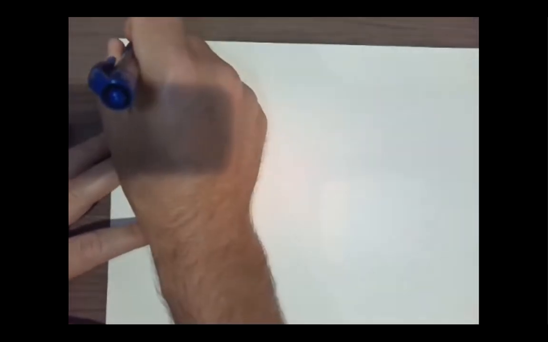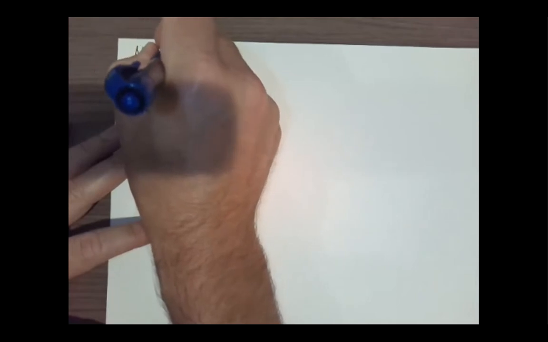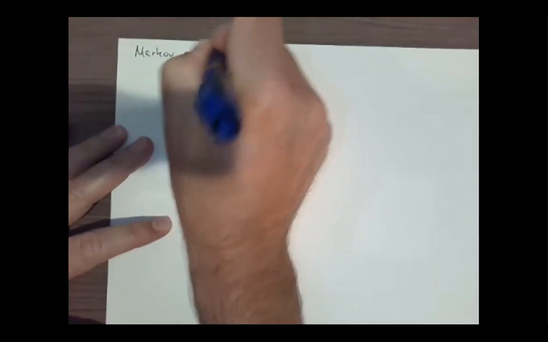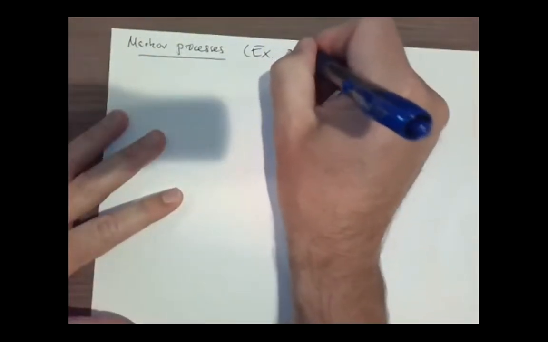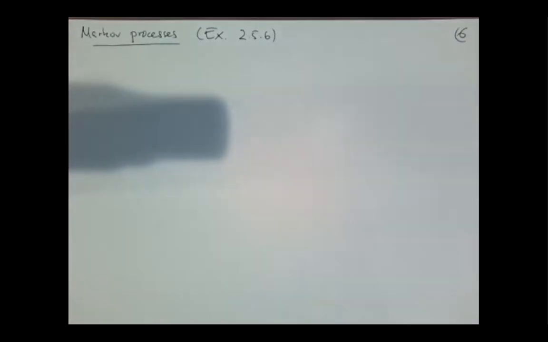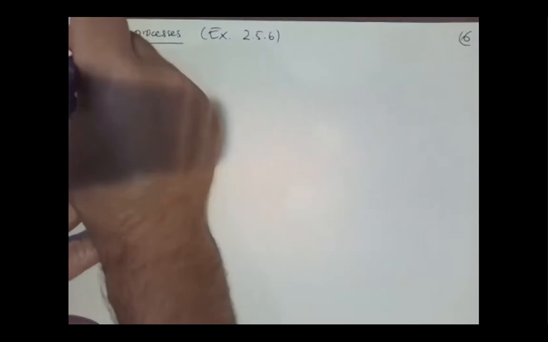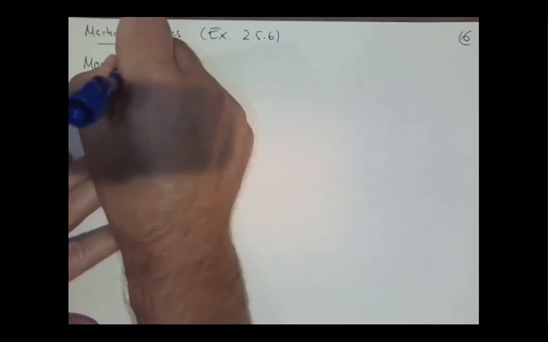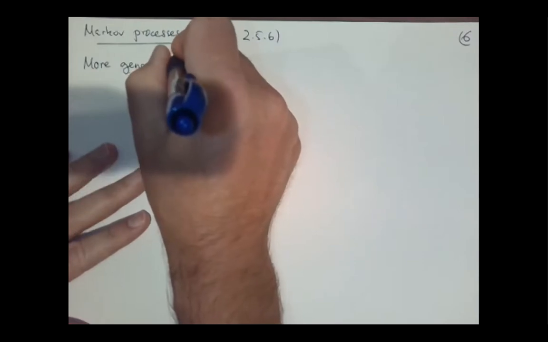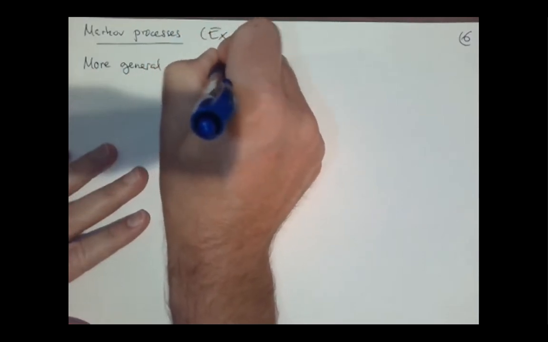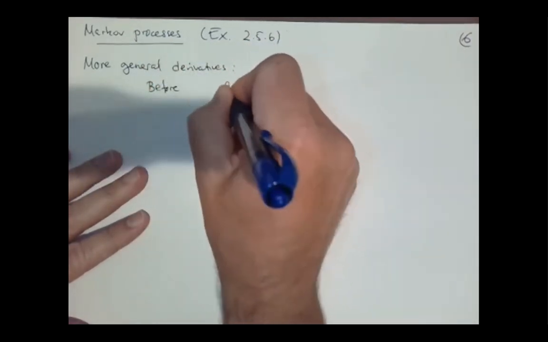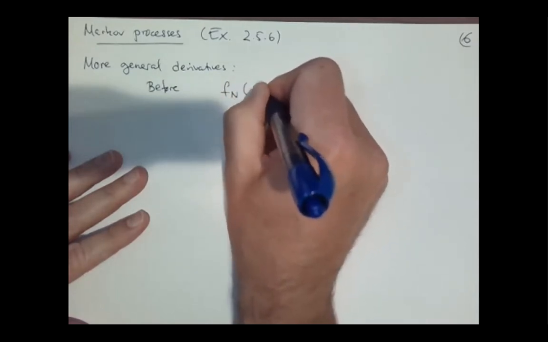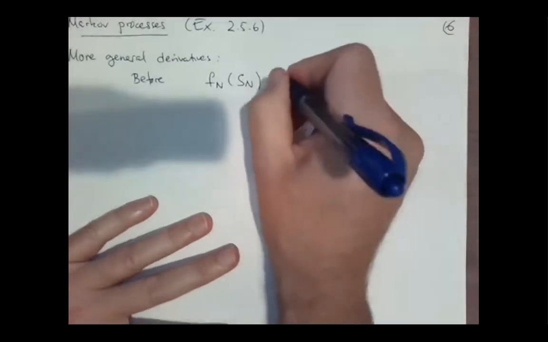So this here is what's called a Markov process, and what we're doing is really example 256. So we're saying that not only are we going to have more general derivatives, like so before and after. Before we would have Fn of the stock, right? This was the payoff. So more general,